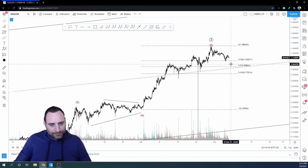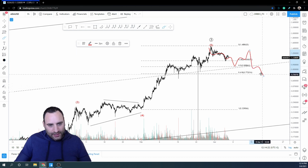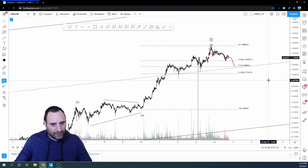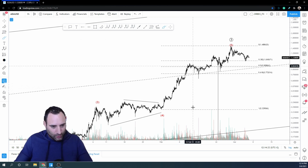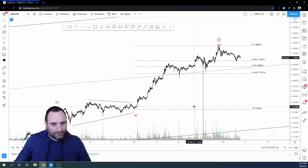Or it could be, well, 1, 2, 3, 4, and 5 for A, then B, and then C. Most likely we're going to go down to 77 cents or even lower. We never know where that is going to take us. The truth is that, guys, we can go even down to 35. I mean, there is room to go there. But